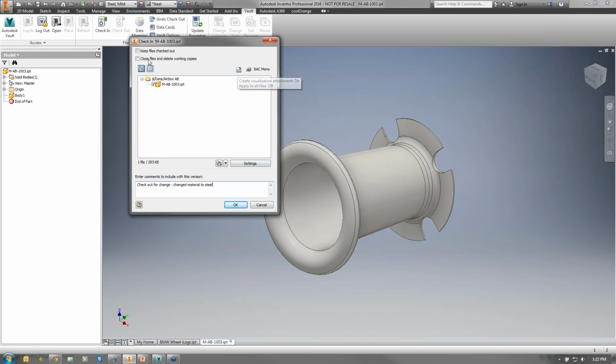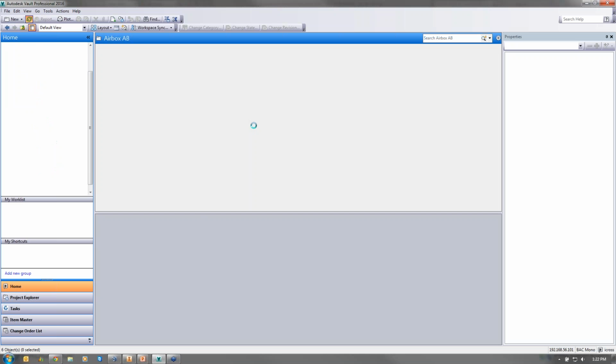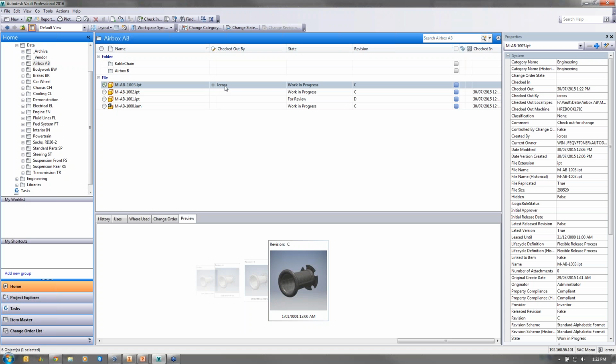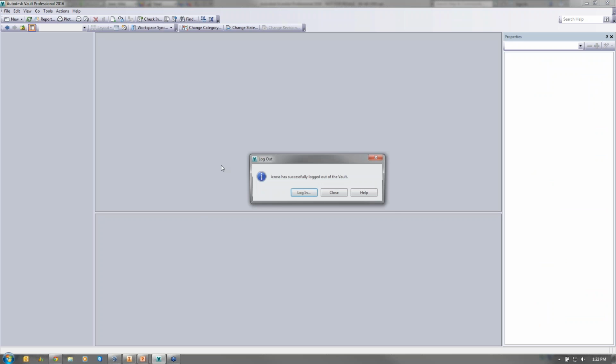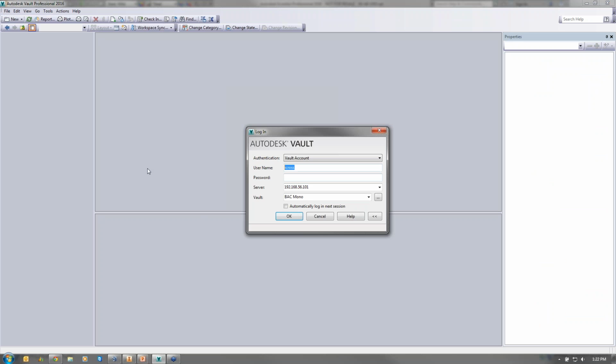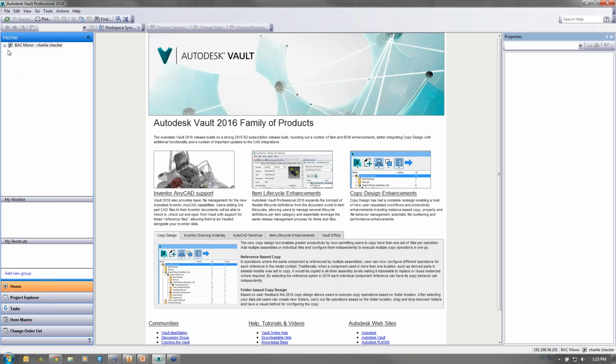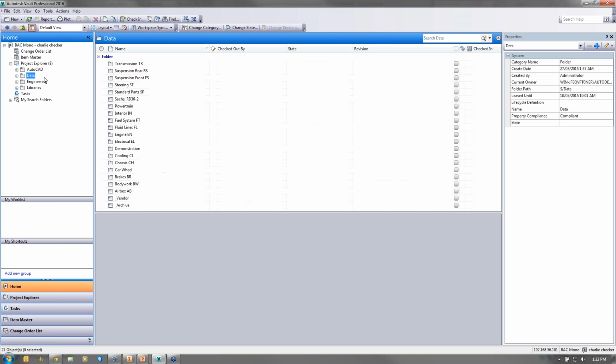so it's creating a visualization file. I also get the chance to delete the file from my local PC. As I check files out, if I jump over to my Vault and do a quick refresh here, it says that I've got the file checked out. Anybody else who logs into this Vault won't be able to access that file. So if I just quickly log out and log in as a different user, if I log in as my Charlie Checker, my checker, and browse to that same folder,